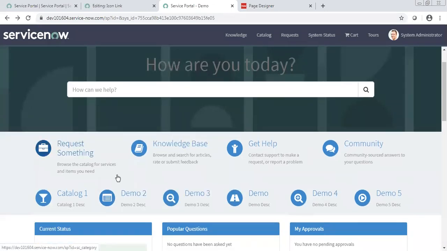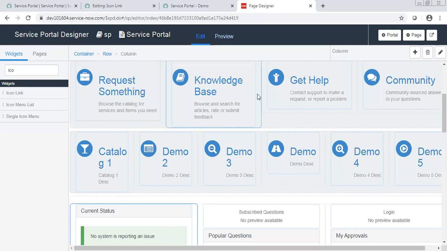So you have a widget, and when you add it in multiple places, a widget instance gets generated that becomes a separate entity, and you can set separate properties for that. Basically, in all these 10 places we are using the same widget. This is a single widget, the icon link, but when you put it in multiple places on the pages, it becomes an instance of this widget. And then for each instance, you can set a different set of properties. But it works the same, right?